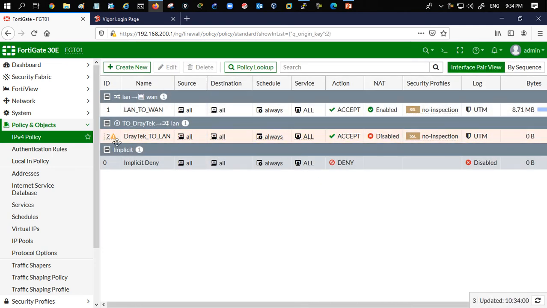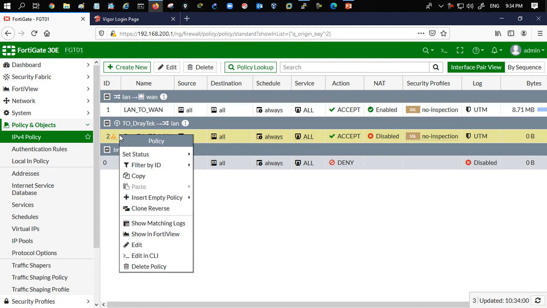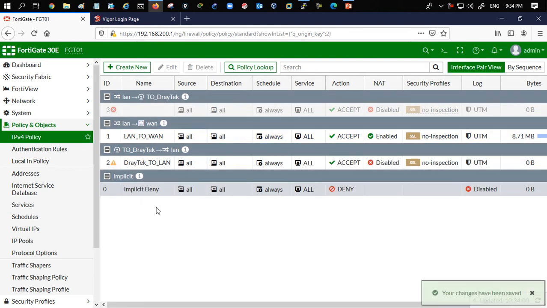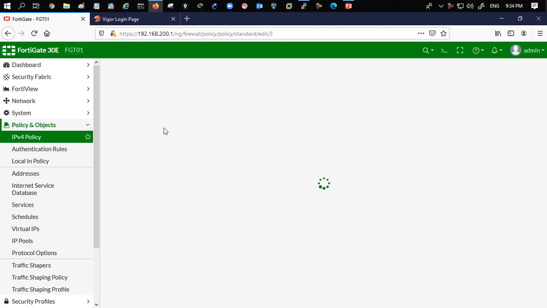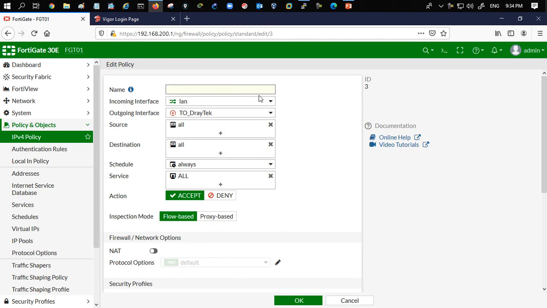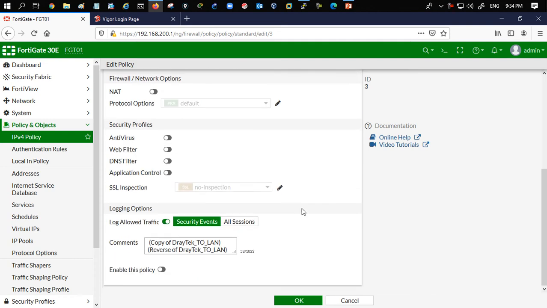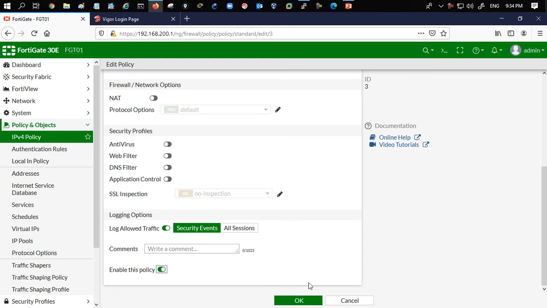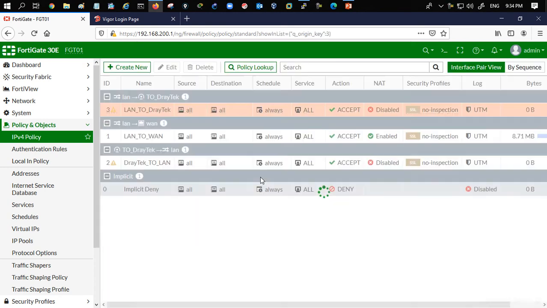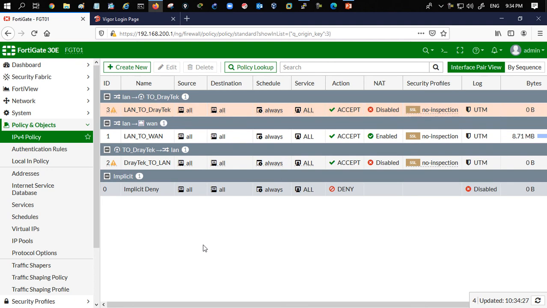Now I'm going to make a reverse policy so that I'm able to communicate from LAN to DrayTek. In case you want to do it, just right click here, then clone reverse. Then double click here and specify the name of your policy, which is LAN to DrayTek. Then go down, remove the comments and enable this policy. Say OK. Now we have successfully done this on the FortiGate side, and let's go and check it on the DrayTek